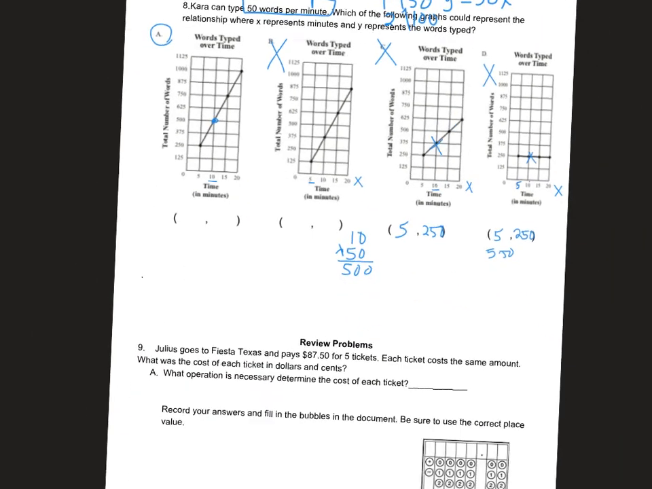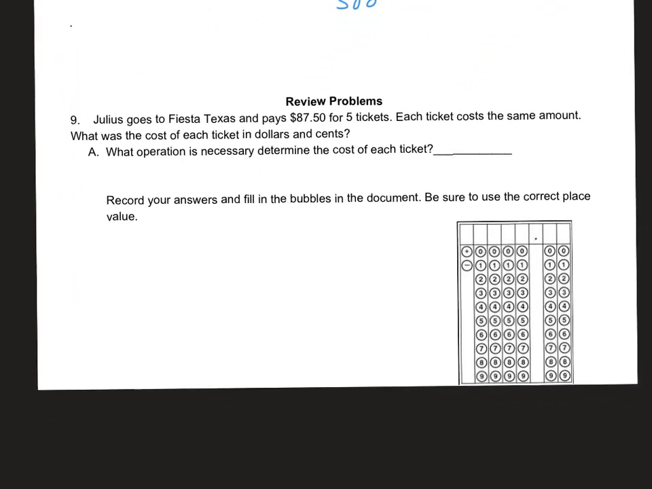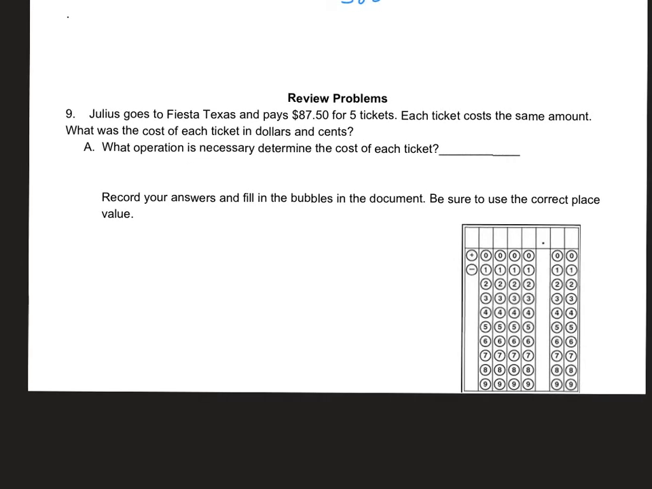All right, let's go ahead and go to some review problems. Remember, anything we've learned in the past is always fair game. So here, Julius goes to Fiesta, Texas, pays $87.50 for 5 tickets. We want to know, if each ticket costs the same amount, what's the cost of each ticket? Wonderful. If I know 5 tickets cost $87.50, that tells me to find one ticket,